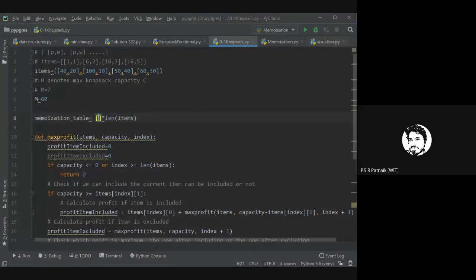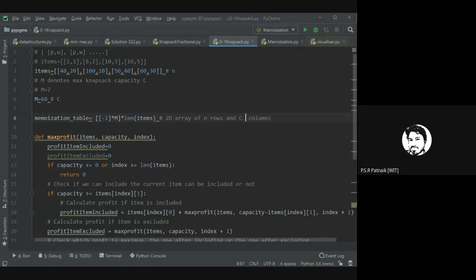And internally, each column value will be -1. How many columns I want? In my case, I'm denoting M is equal to 60. Right. So here it is M is equal to 60, nothing but C. And here I'll get N. And what I want? A 2D array of N rows and M, C columns.